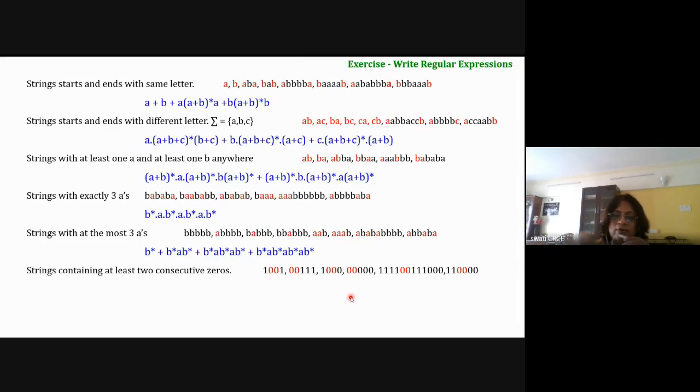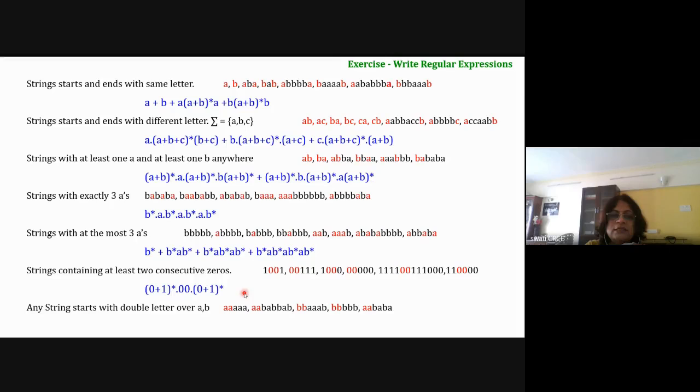So how will I draw the diagram for this? I'll start from Q0. With 0, 0, it will go to the final state. At least one consecutive zero. In the final state, I'll do that any number of anything can be there. Either 0 or 1 can be there. And in the beginning, 1 can be there, only 1 for any number of times. So with respect to that also you can write. Yes, before that any combination of zeros and ones, 0, 0, and then after that. Correct. So 0, 0, before it anything can be there, after it anything can be there.